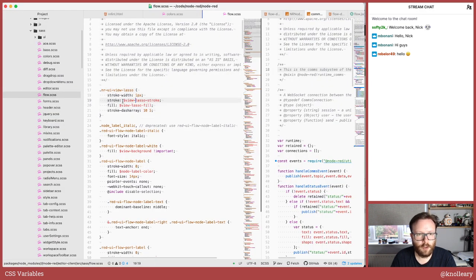You can see it's stroke and fill. It's picking up the $view-lasso-stroke and $view-lasso-fill. But the key thing is, as part of the Node-RED build, we compile this SCSS into just plain vanilla CSS, which is what gets loaded into the browser. And that does all the variable substitution and the like. So it's close to what we want actually in the browser using vanilla CSS, but it's not close enough because